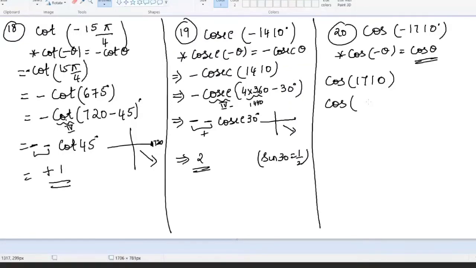Yes, very good. So 1800 minus how much do I have to write? 90, no? Minus 90. Yes. So write this 1710 as 5 into 360. What is 5 into 360? It is 1800. Minus